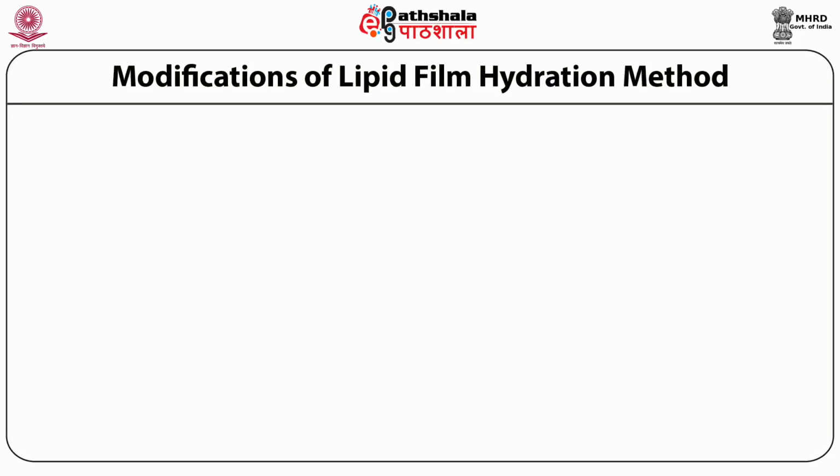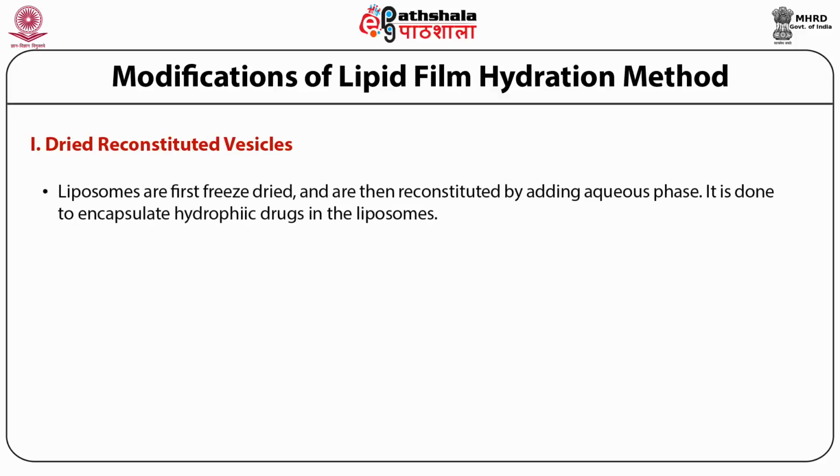Modifications of the lipid film hydration method. The lipid film hydration method is modified to improve the encapsulation efficiency of the vesicles. There are two common modifications of this method as explained below. First is dried reconstituted vesicles. As the name of the technique suggests, the liposomes are first freeze dried and are then reconstituted by adding aqueous